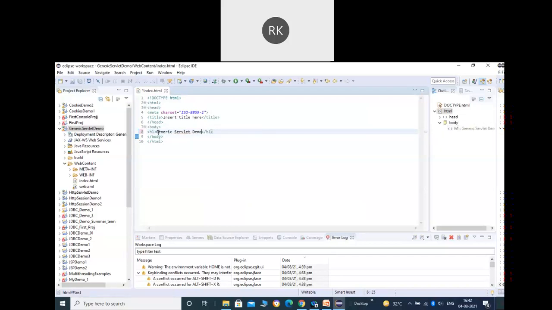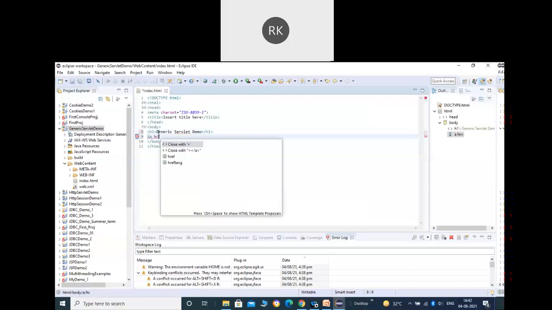Right click on your project, go to new and select HTML file. The name of the file here will be index.html.